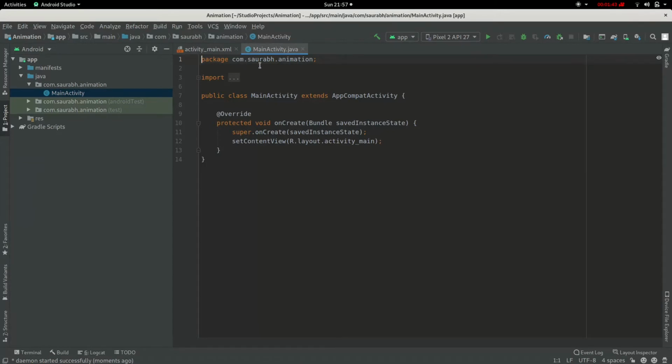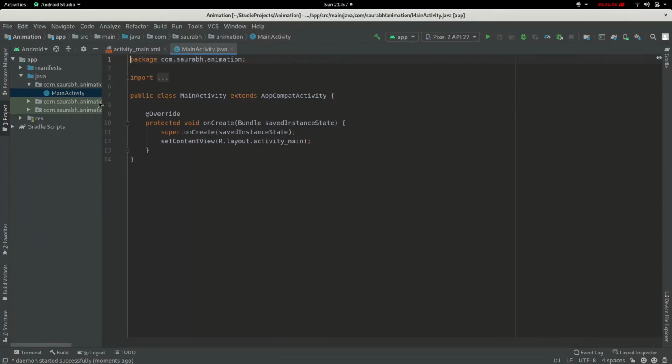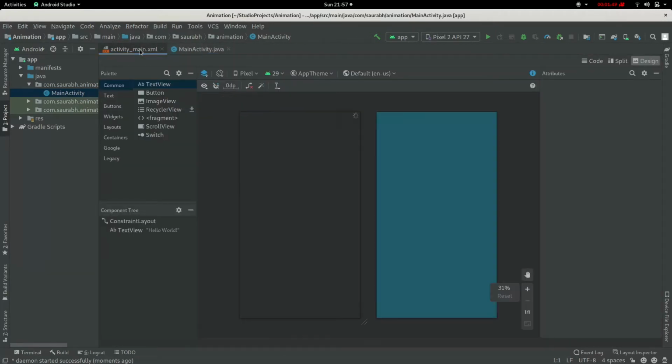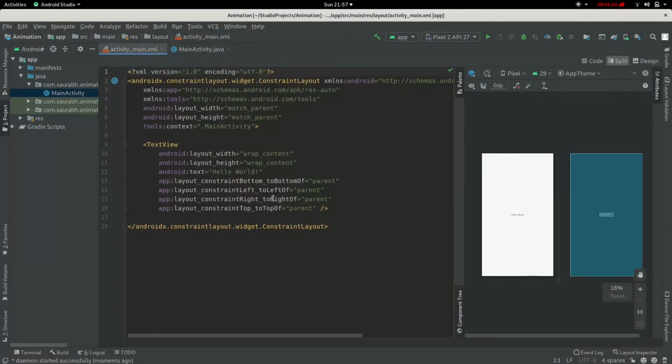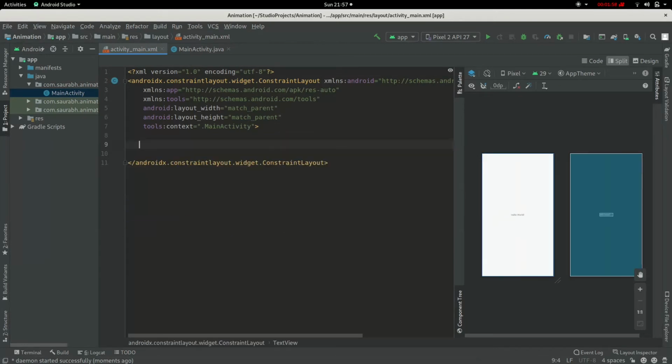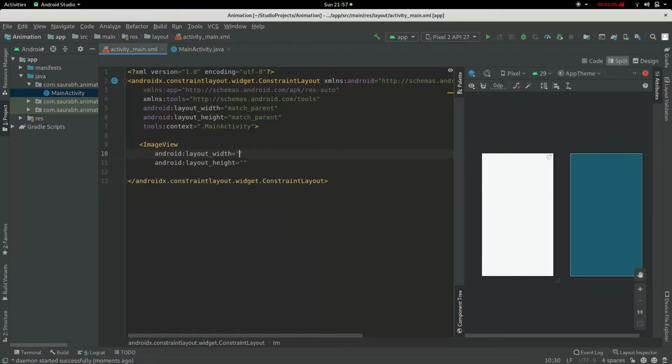So Android Studio has finished building the project, and so we should proceed to the activity main.xml file, and we will go to the split mode and delete the text view because we don't need it. We need an image view, so we will get an image view.